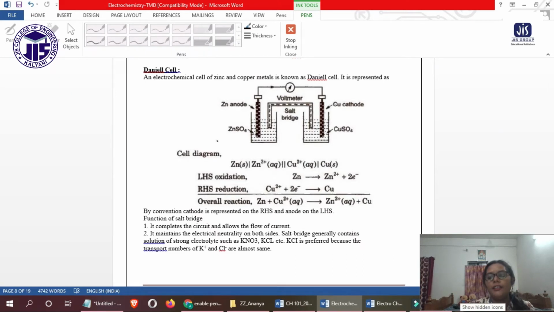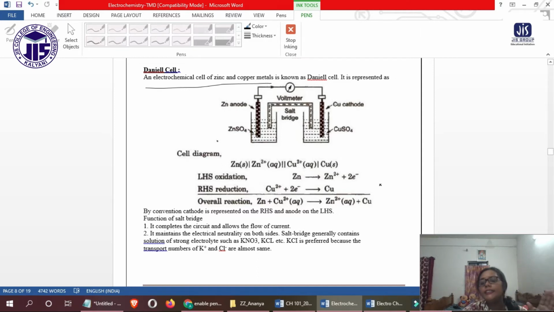The Daniell cell is one type of electrochemical cell where we have a zinc electrode and a copper electrode, and the reaction will be like this: zinc first releases some electrons, forming the zinc plus 2 ion, and it will come to the solution where the copper plus 2 ions are there. That copper plus 2 will abstract the electrons, and copper will be deposited on this copper electrode. Okay, so this is the total construction of the Daniell cell.